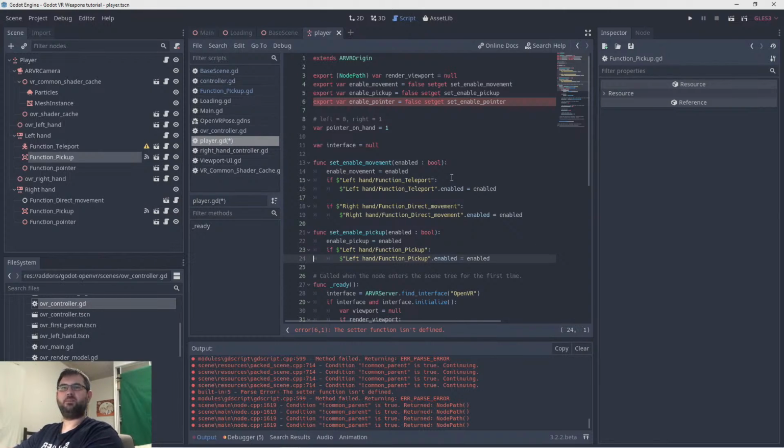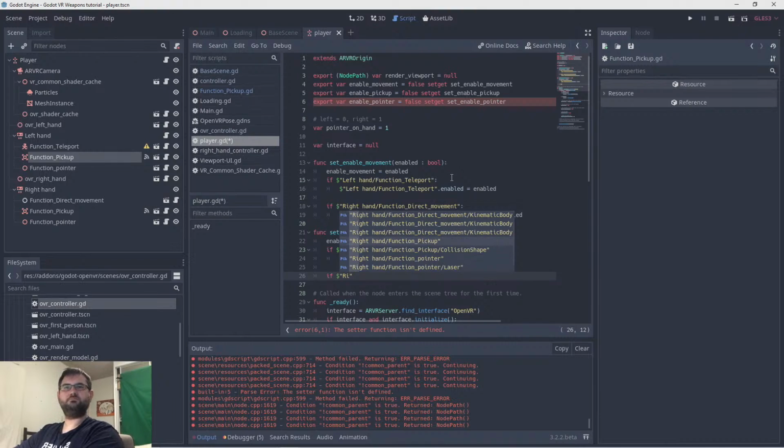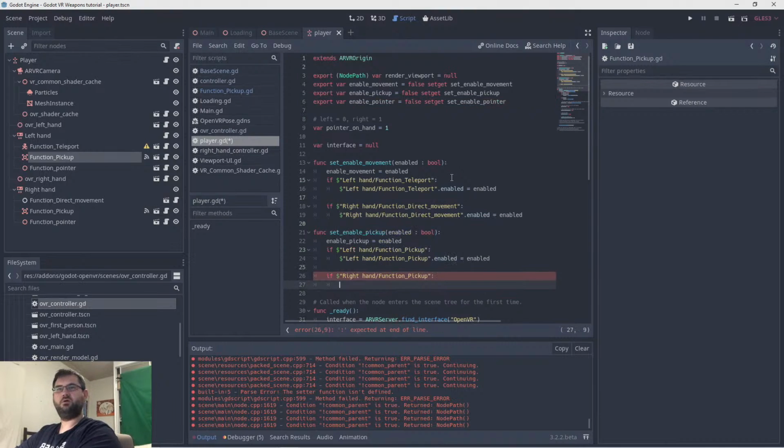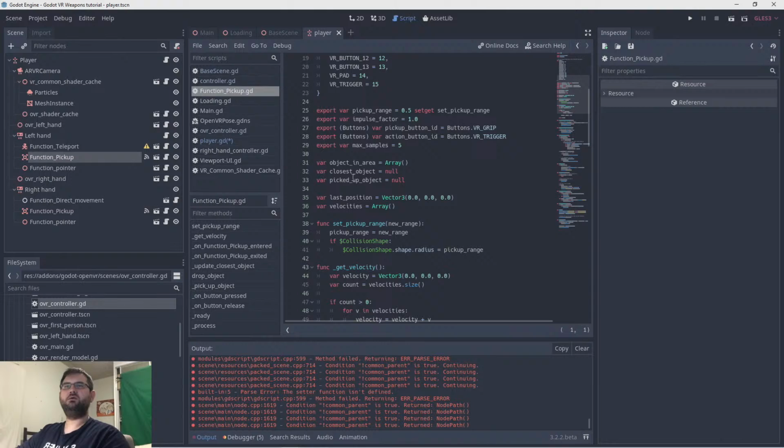So we're going to do the same thing for the right hand. Right hand pickup. There we go. We're going to comment that out in a minute, but the other thing that I want to have a look at is